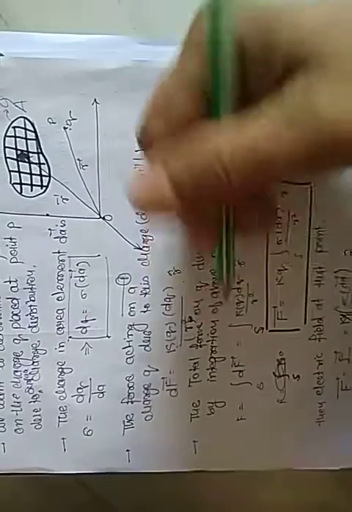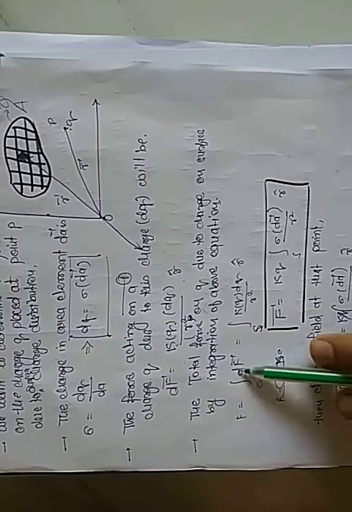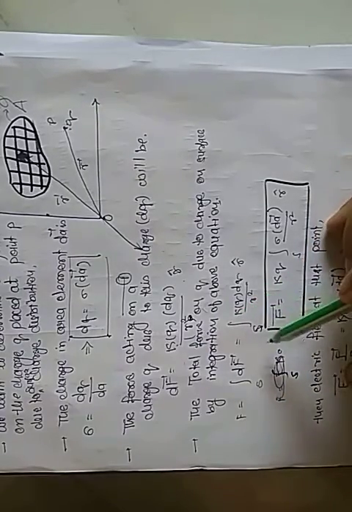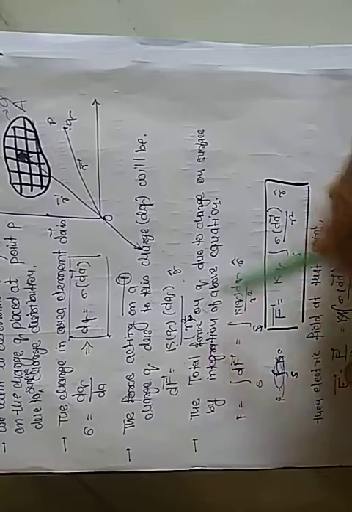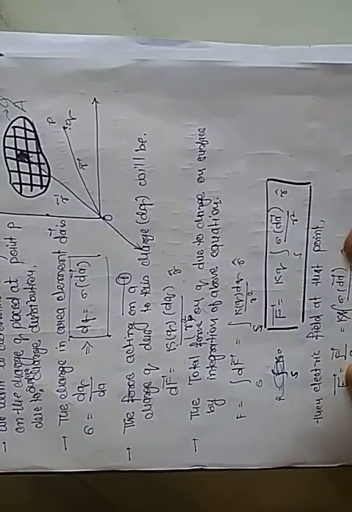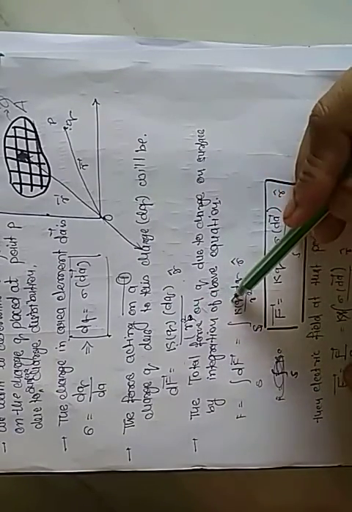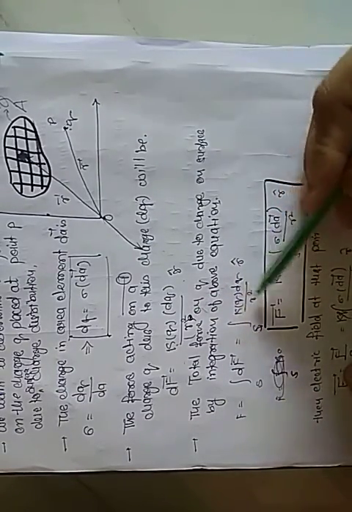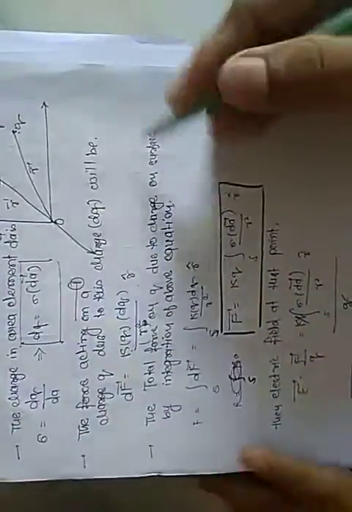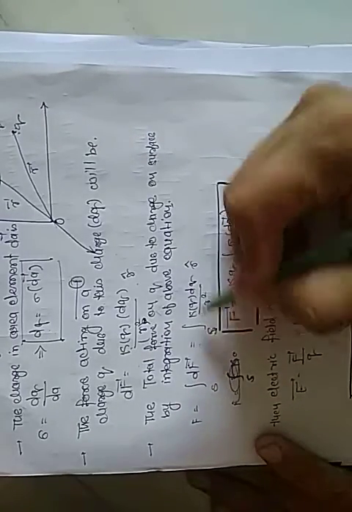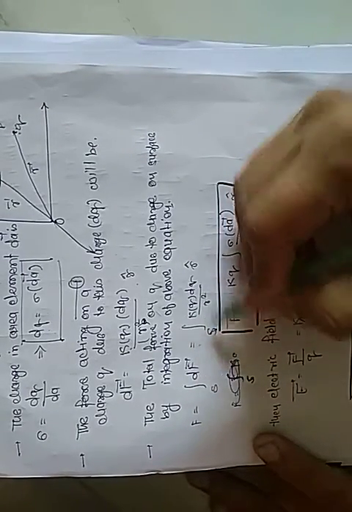Now just as we did in the previous derivation, same to same. If we have the force, similarly integrate. But here see, the integration is 0 to S. S means total area. So in linear charge distribution we put L, and for surface charge distribution we put S. So similarly force, this is K, Q, dq, r square. K is constant, take it outside, Q is constant, take it outside. So the integration remains dq upon r square unit vector r. So this is the formula for force.